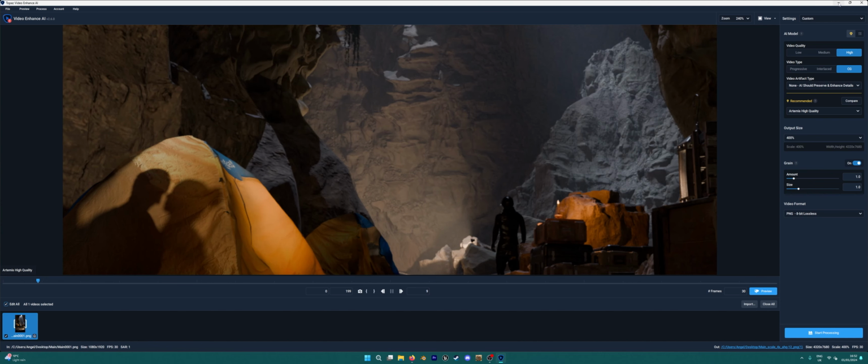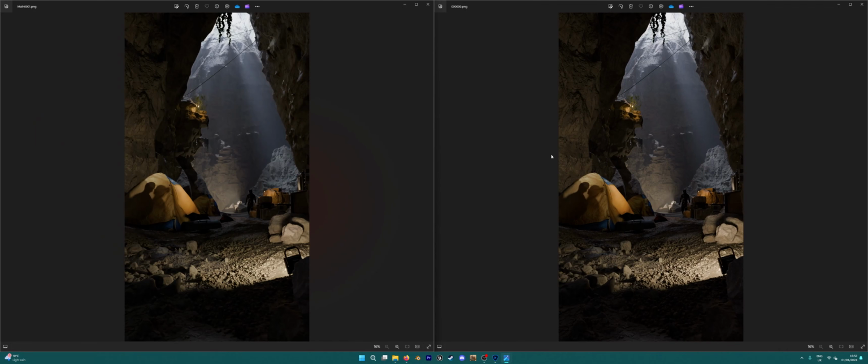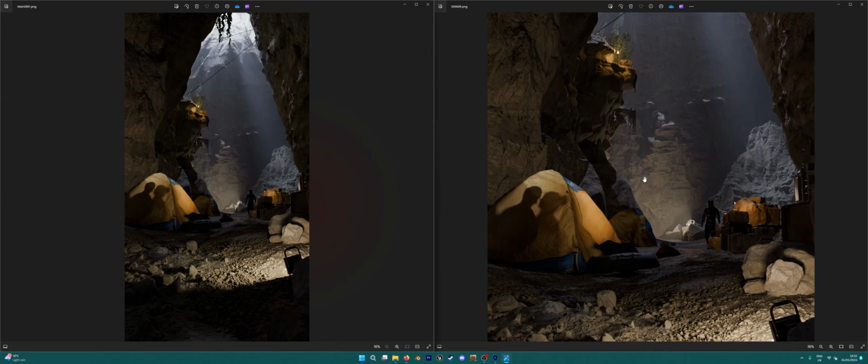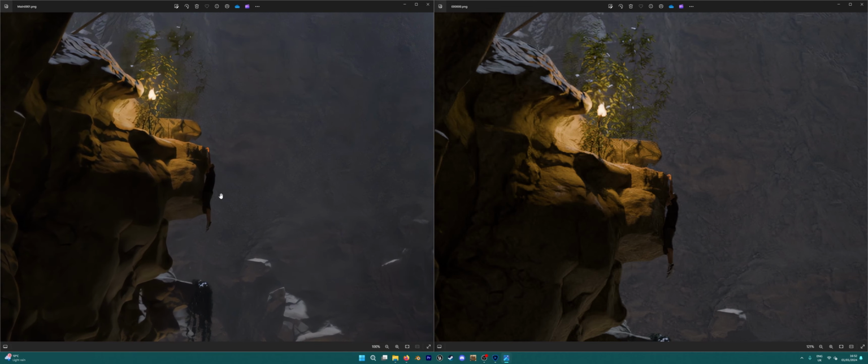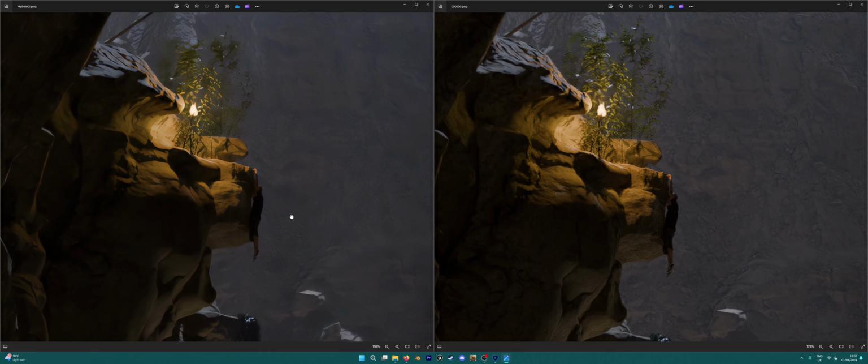And if you want to compare the results, this is the Chainer, the one that we got 8K from Chainer, and this is the one that we got 8K from Topaz AI. If we just zoom in, let's see this guy again to compare. I'm not sure if you can tell, but this one is denoised and smoothed out, whereas this one retains much more information. Same with the background over here, you can see the information a bit better. It looks like it was just denoised,